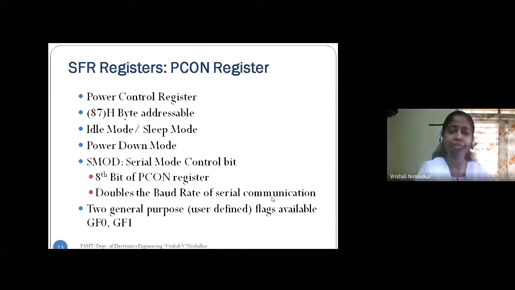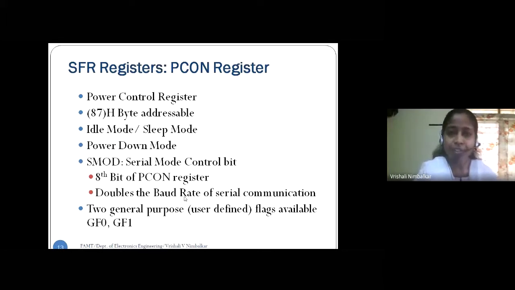If we remember, we had studied serial communication. The SFR registers were SCON and SBUF. SCON was a register which decides whether the communication should be synchronous or asynchronous. And whenever it is asynchronous, we had the feasibility of choosing what should be the baud rate, whether it is variable or fixed. Baud rate was how many bits are sent in or taken in a second, right? So that was the baud rate.